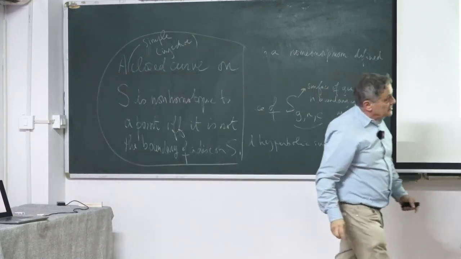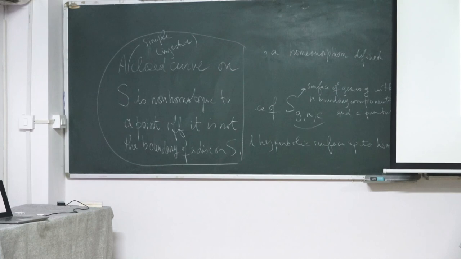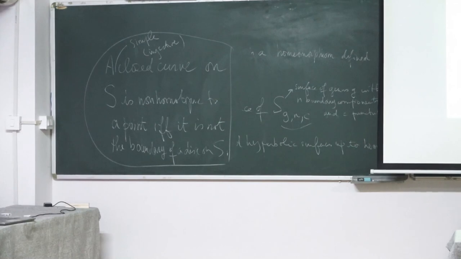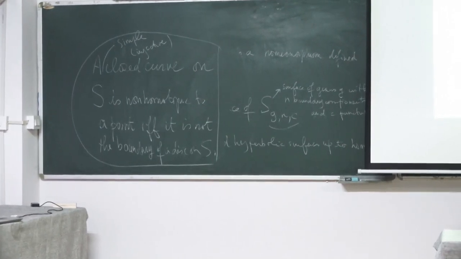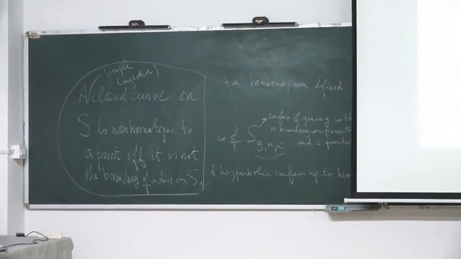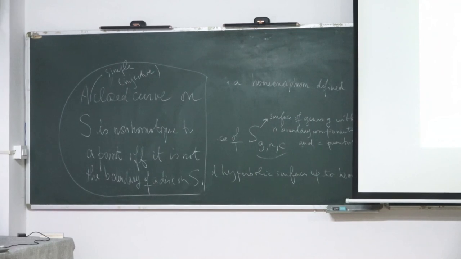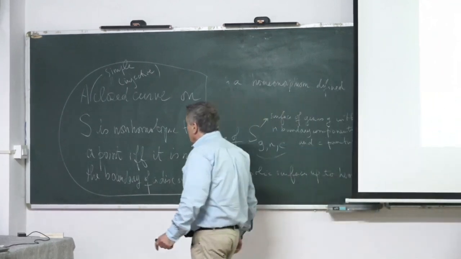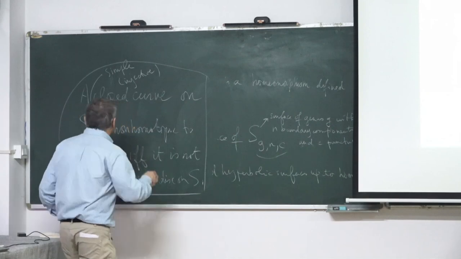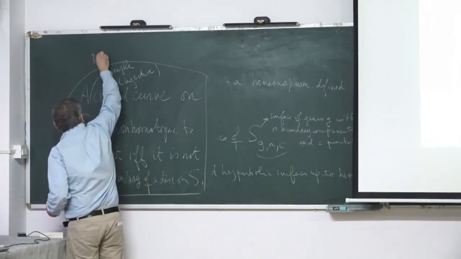So here, for instance, I told you that this curve I'm not interested in because it's the boundary of a disk. Right? This theorem is a difficult theorem. I told you this is the first theorem I learned when I started studying surfaces. This is one of the two or three results which are in a paper by David Epstein